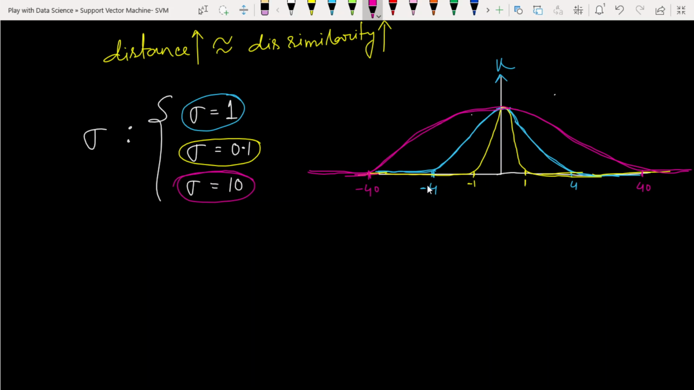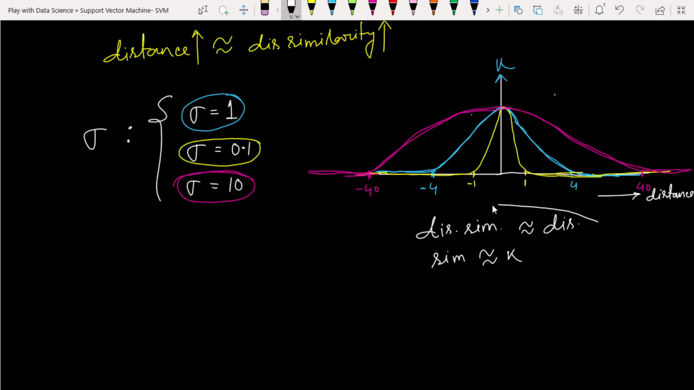Okay, so we can conclude one thing here. This is actually our distance, and this thing is our kernel. So simply our dissimilarity is the same kind of distance, and our similarity function is the same thing as our kernel function. You see from here,